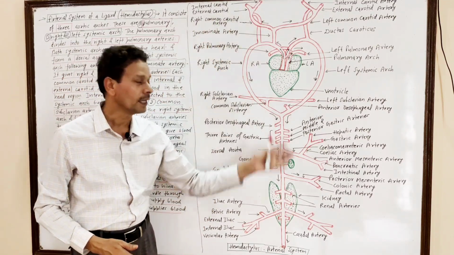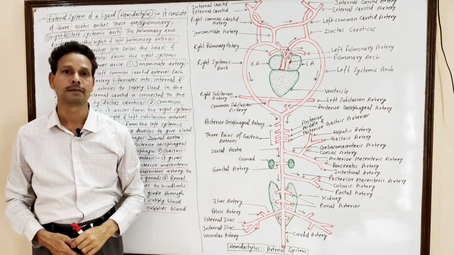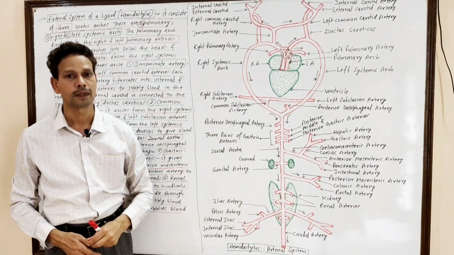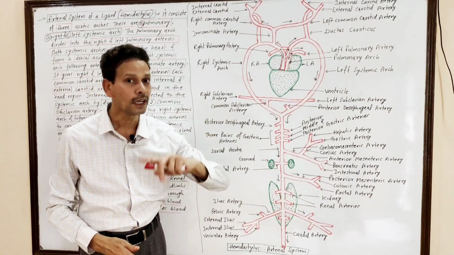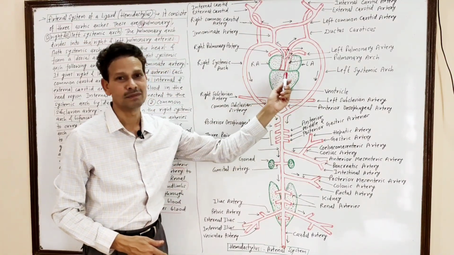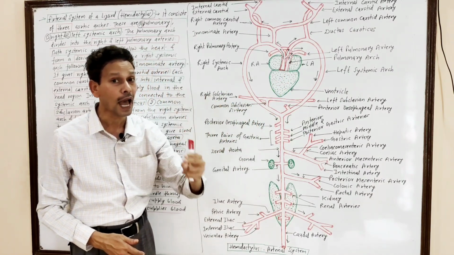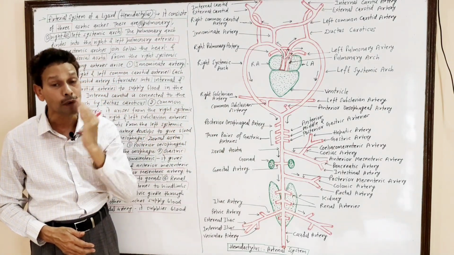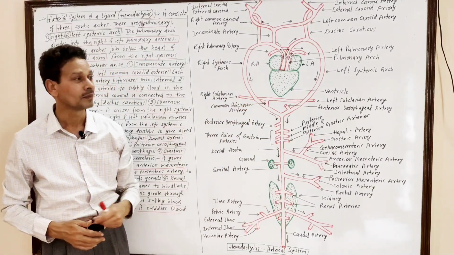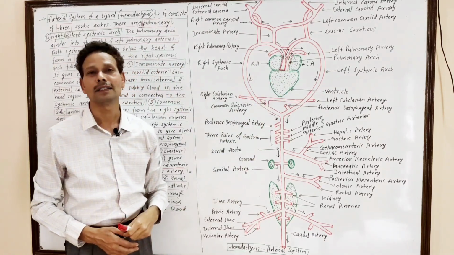This is all about arterial system of wall lizard, house lizard, Hemidactylus. Dear students, in case of reptiles, in case of wall lizard, the heart is incompletely divided into 4 chambers. This ventricle, in which interventricular septum is present, but that interventricular septum doesn't divide the ventricle completely into 2 parts, right and left. There is some mixing of blood in its anterior parts.